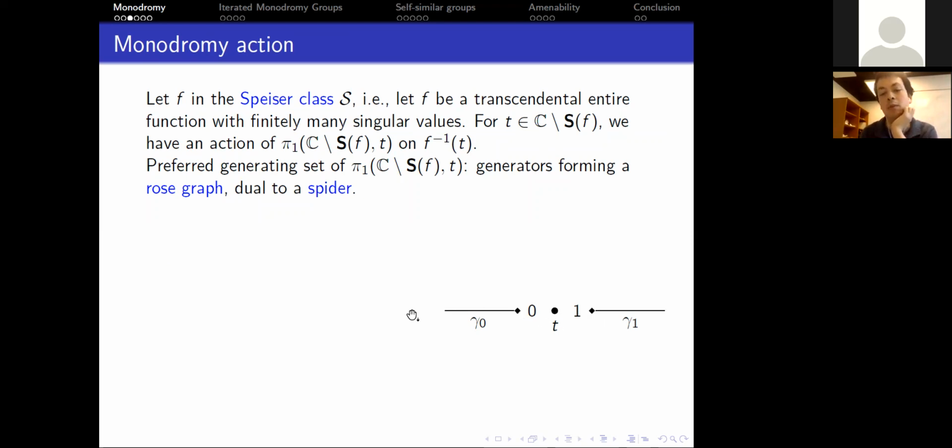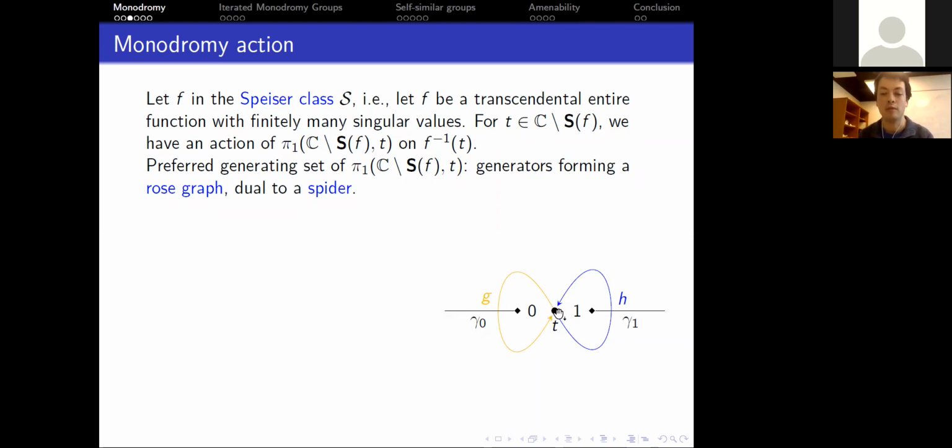Here, for example, we can just take a part of the real lines. These obviously don't cross. And what we are doing now is we take the loops that cross one of these paths exactly once. These paths are called spider legs. And so the Rose graph is dual to the spider. So every path in the Rose graph crosses one spider leg exactly once in